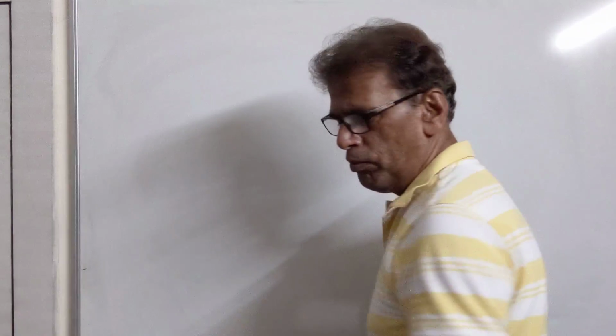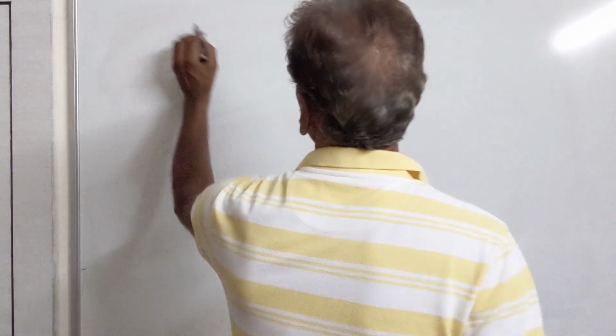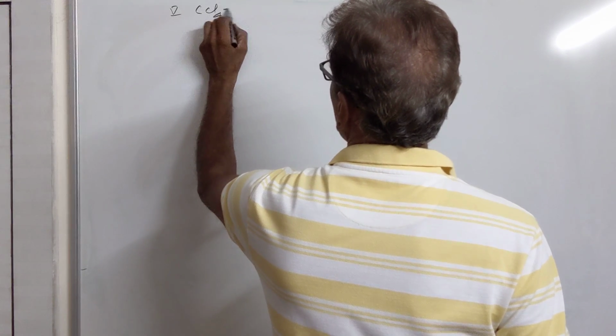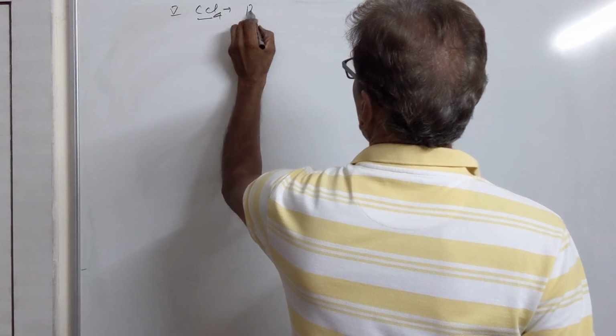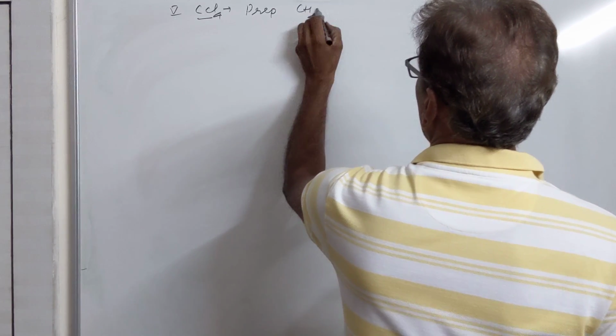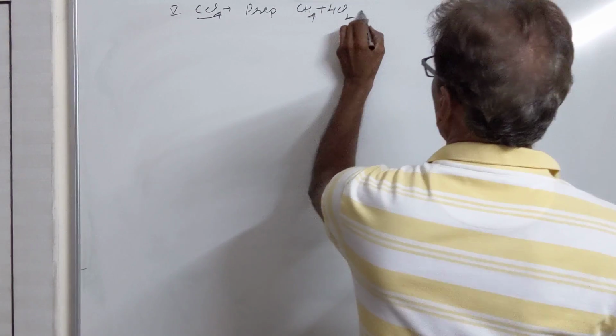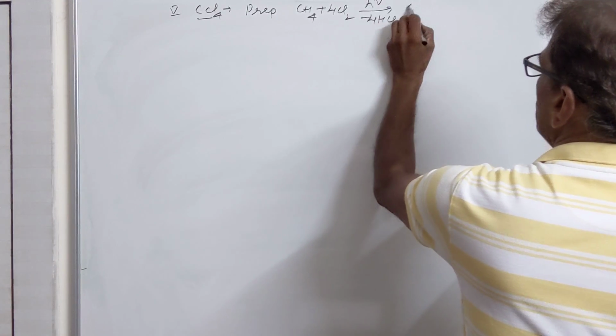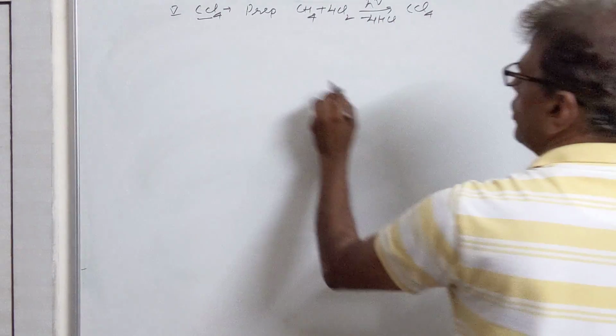After doing iodoform, we come to the next polyhalogen compound, that is CCl4. It is our fifth compound, CCl4, carbon tetrachloride. The first method of preparation is from methane treated with 4Cl2. In the presence of diffuse sunlight, 4HCl is eliminated. We get CCl4.